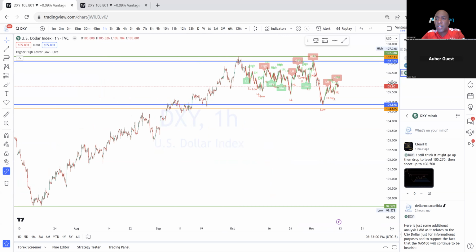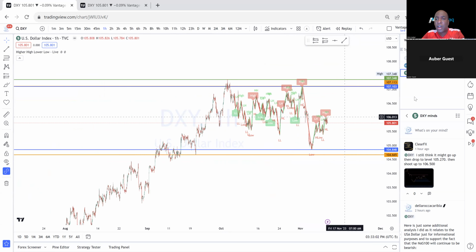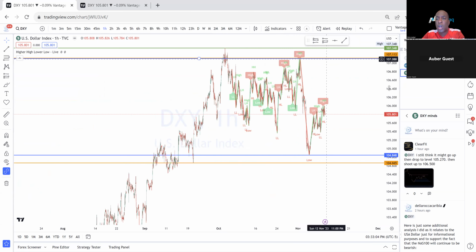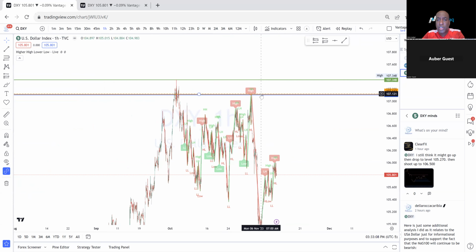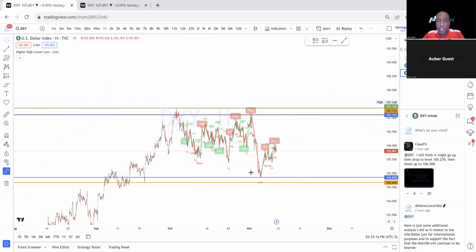So these two lines that we're looking at right here are my 4-hour and my 1-hour support and resistance lines. These two here share resistance, 4-hour and the 1-hour. The orange is my 4-hour, the blue is my 1-hour, and all the way down to here, which is support, where you see it found support on this